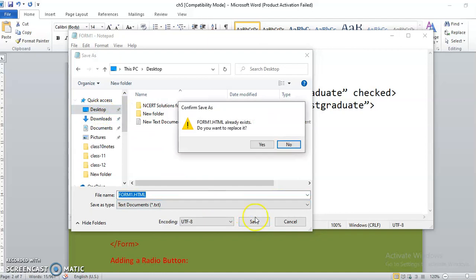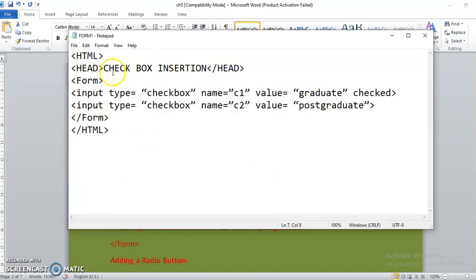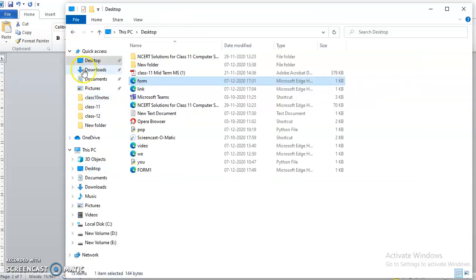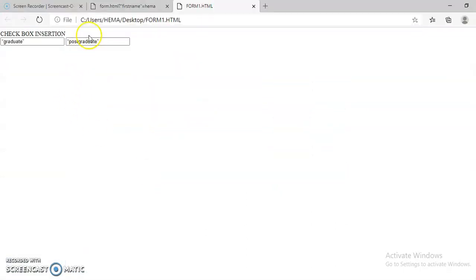Okay, then save. Now I have to run my file, so we can check form1. Now you can see here that checkbox insertion is my heading, and two boxes are showing here, graduate and postgraduate. Okay, so in this manner we can